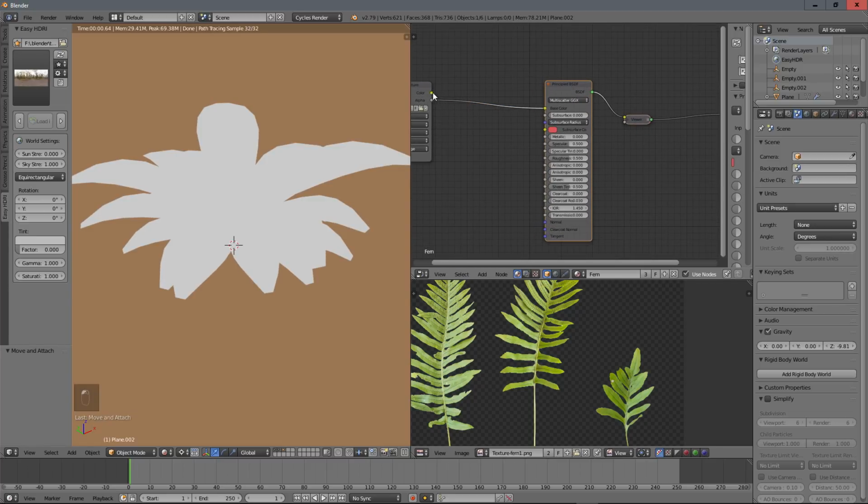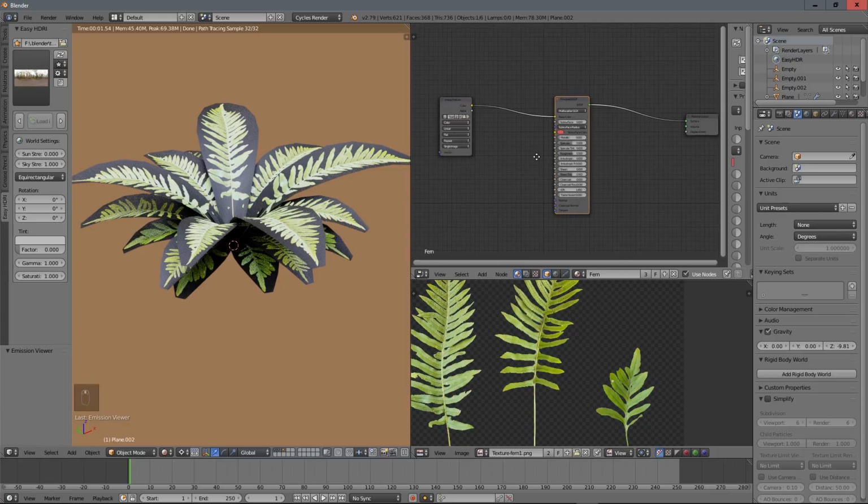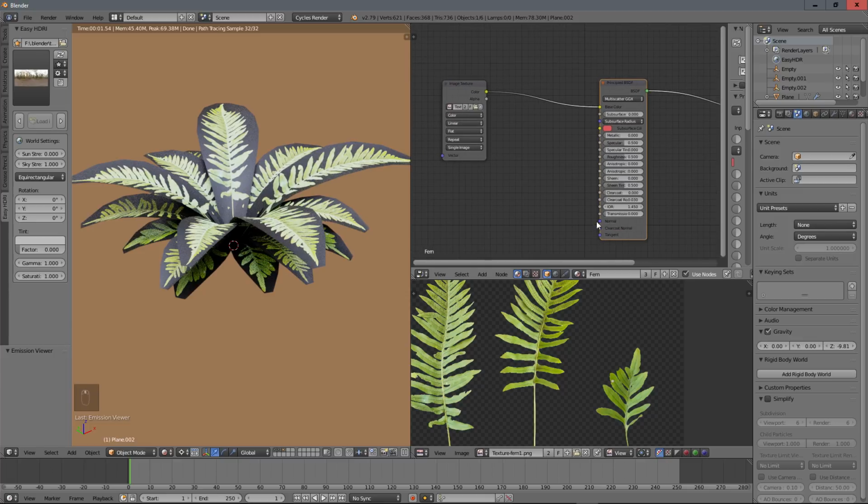I will just plug from color to principled here, and I will just do a Ctrl Shift click on that. As you can see, it makes this. So we will remove this black part after, but first of all, let's think a little about normals, and